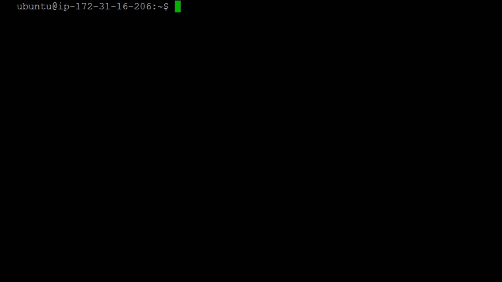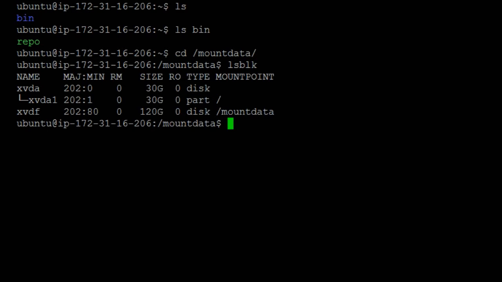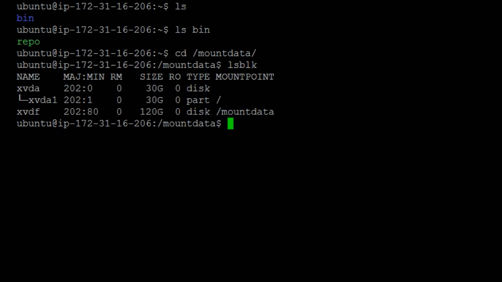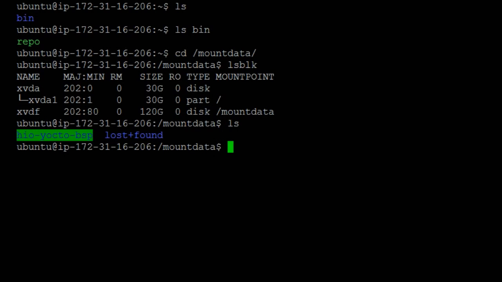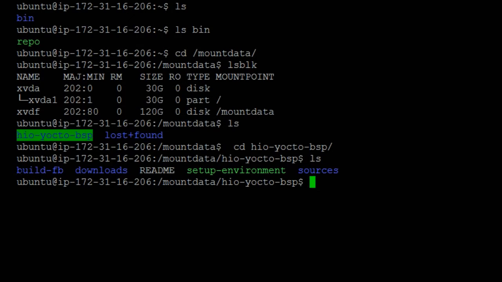In this terminal, I have connected to my Amazon EC2. In my home folder, I have set up a bin folder that contains repo, which has all the information of Yocto. Also, I have created a 120 gig drive and mounted it to my Amazon instance to store my images. In there, I created a Hio Yocto BSP. This is where I store all the information of the Yocto